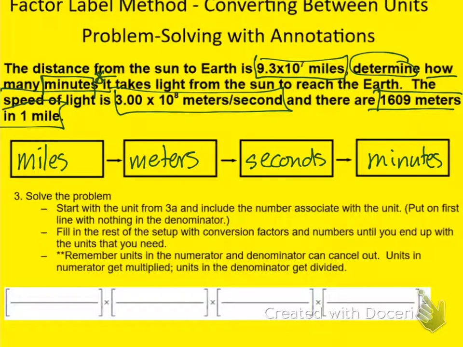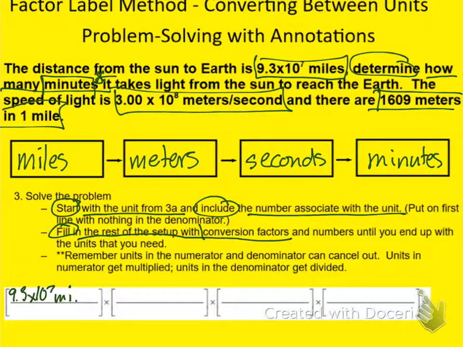So that we have that visible. It says we start with the unit from 3A, and I include the number associated with it. So this is where I'm going to put my 9.3 times 10 to the 7th miles. Then I fill in the rest of the setup with conversion factors and numbers until I get to the